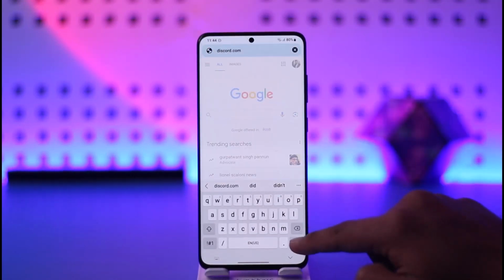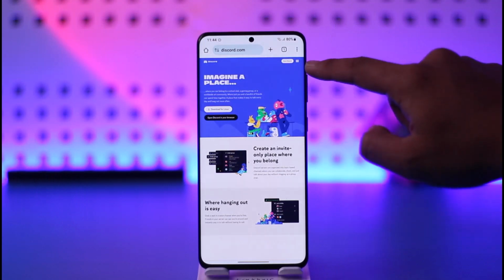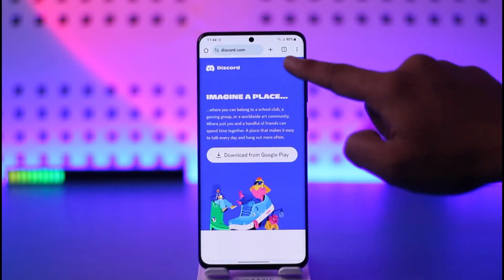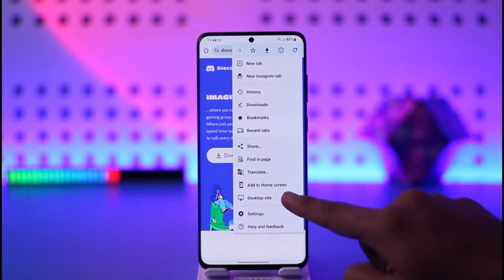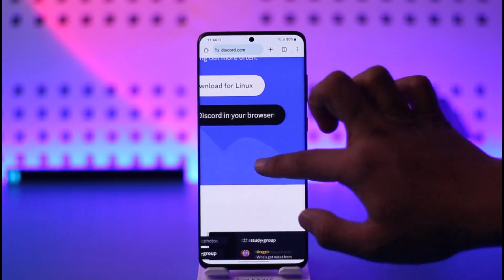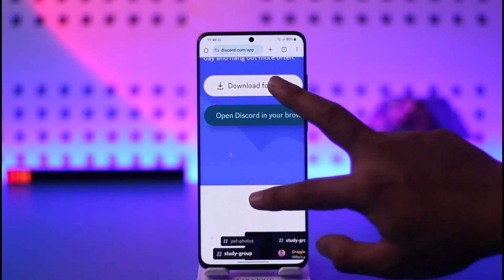And once you go to discord.com, you will see this type of interface where you need to tap the browser settings and look for the option called desktop site and then enable it. So tap the three dots and select and enable desktop site. And now once you enable desktop site, select the option called open Discord in your browser and log in to